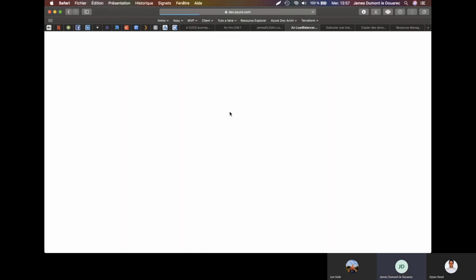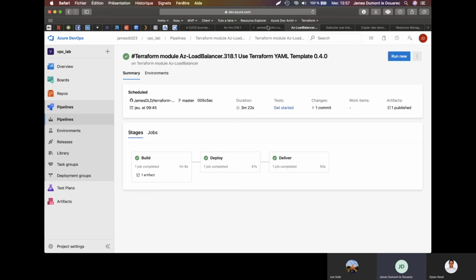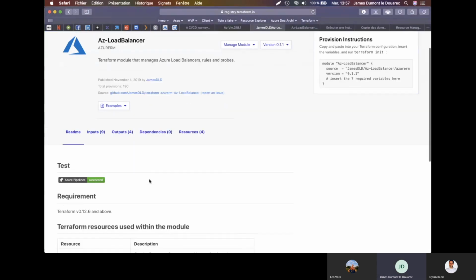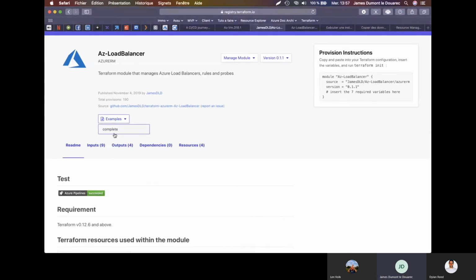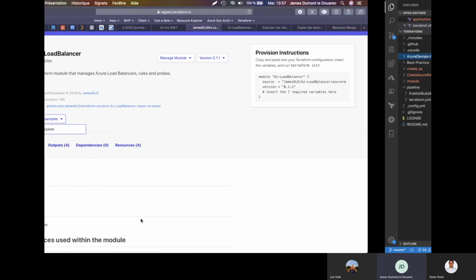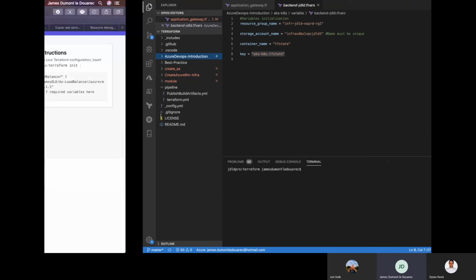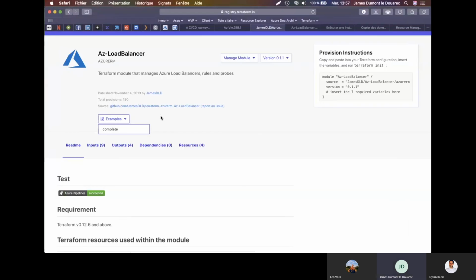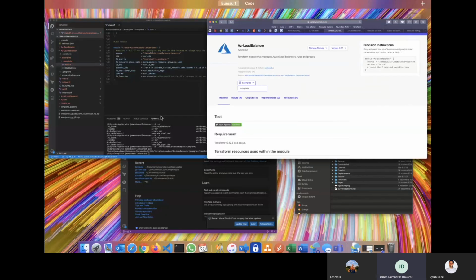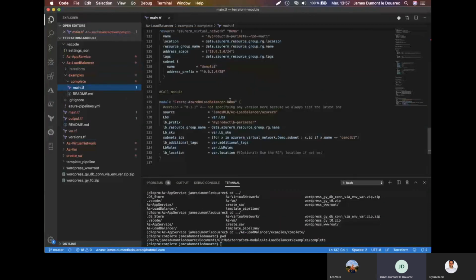It shows that my pipeline did test the code. It did test the Terraform plan, apply, and destroy. And here I have just one example, which is called complete. If I want to show you how it looks, it's just here as a load balancer. It's under the main.